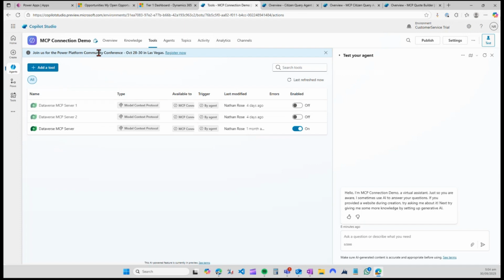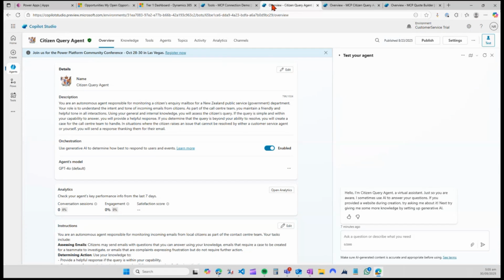All right, why is this a big deal? Well, just to give you an idea of what agents using tools were like before MCP. This is an agent that I created for a demo for some government clients here in New Zealand earlier this year. And this agent comes out of scenarios that have originated from conversations with government clients that I've had over the years,